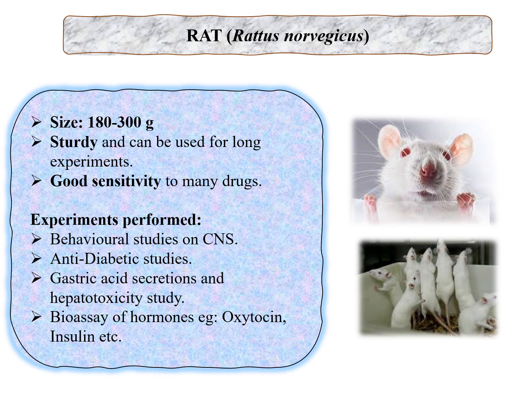The first animal is the rat, whose biological name is Rattus norvegicus. The size is between 180 to 300 gram. They are sturdy and can be used for long experiments. For example, for experiments which require 6 months or more, the rat can be used. They have good sensitivity to many drugs, and they can be used for behavioral studies on CNS,